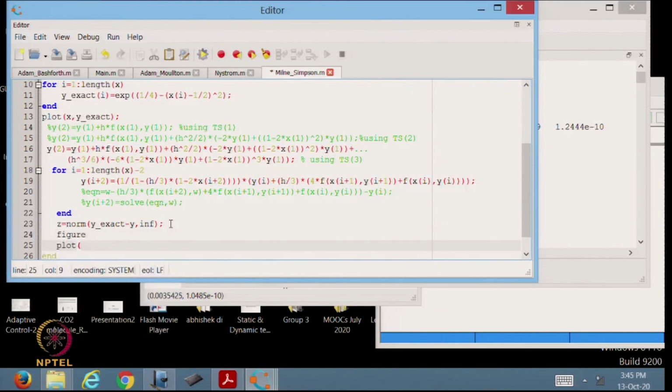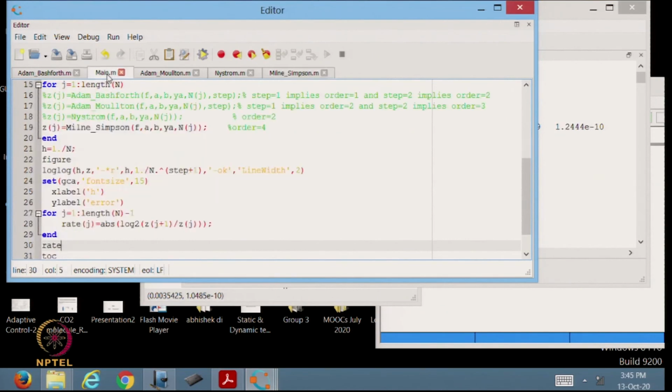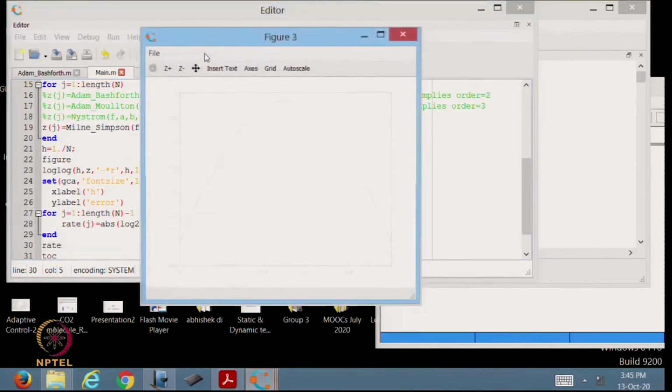Plot x into y. Okay. So, yes, now I can run, and I will also see the exact and numerical solutions.